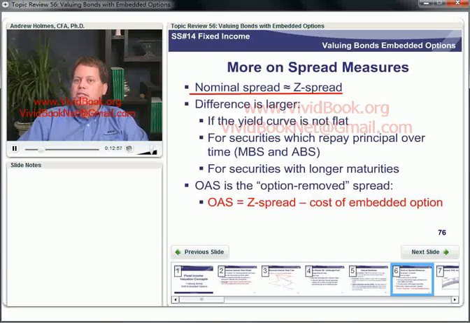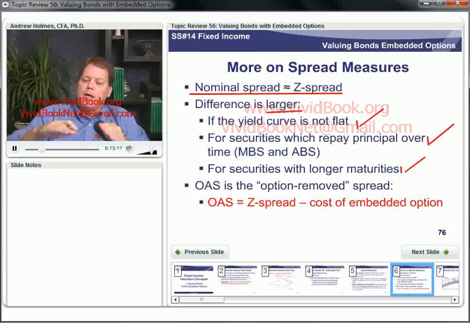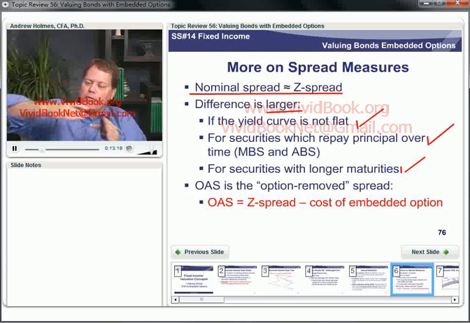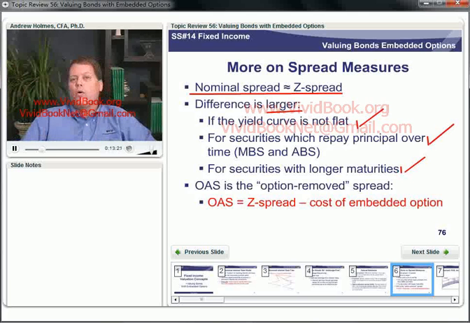But the difference gets larger the more sloped the curve is, the longer the maturity of the securities, and if the security we're talking about repays principal over time, something like a mortgage-backed security. So if we were talking about a really flat yield curve for a 2-year security, well, the nominal spread and the Z spread would be almost the same. But if that yield curve starts sloping, if we're talking about a 20-year security, or a security that is amortizing, pays both interest and principal, then the Z spread and the nominal spread are going to